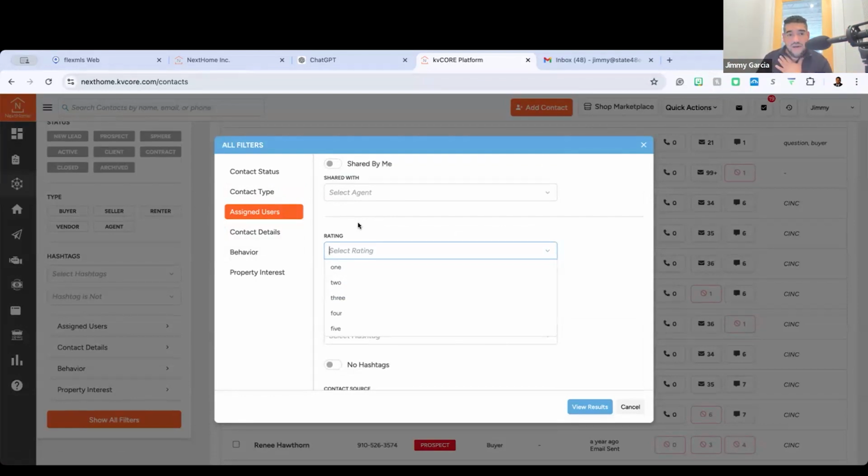I tell everybody all the time, my mom is a C in my database, not because she's a C person, she's an A plus in my life, but she's never going to buy or sell. And she's not one of those people that if anybody talks about real estate, she's more of an introvert. She's not gonna be like, oh, you should talk to my son. She's not gonna do that, right? So she's a C. So don't think of C's as like people you don't really like. No, they can still be an A in your life, but it's C in terms of real estate business, right? So your A, B's, and C systems there. You can do those ratings with this.